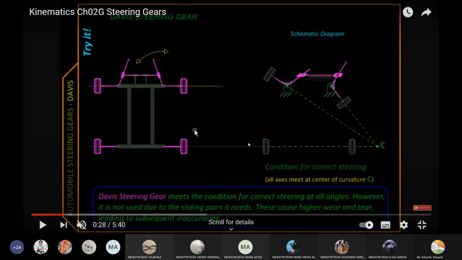So on the right side here, you can see that the right side tire, now the vehicle is taking a right turn. When the vehicle is taking a right turn, the right side tire has rotated by more angle and the left side tire has rotated by less angle. So why is this necessary? Can anyone tell me? Apply your CS and tell me, why is it necessary? Why does the right side tire have to rotate more? Why does the left side tire have to rotate less? To cover less distance while turning.